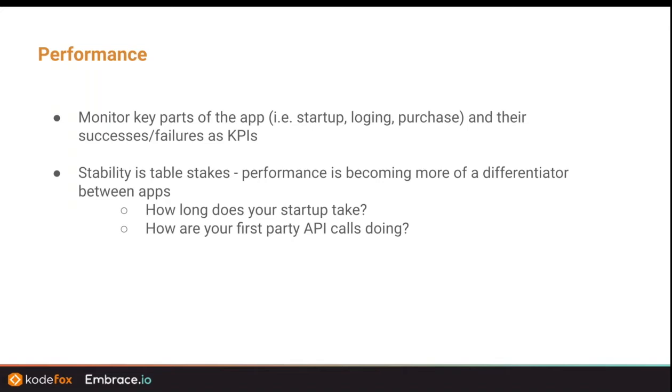So you want to track these levels over time. And if there are any unexpected deviations, you want to make sure you can explain them. For example, if you see a sudden spike in logins, it might be that your app is logging people out. And so these are things that you can keep track of in terms of understanding, is my app working normally? And these are very important parts of my app that I want to make sure that we maintain just the highest performance within these parts.